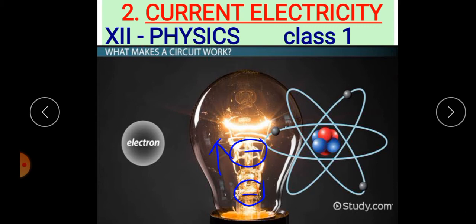First of all, electricity. What do we mean by electricity? It has two parts, electrostatics and current electricity. Electrostatics deals with the study of static electric charges, or charges at rest. Already you know that static means charge at rest. We have studied this in earlier classes. Okay. Now current electricity, which deals with the study of motion of electric charges, is called current electricity.